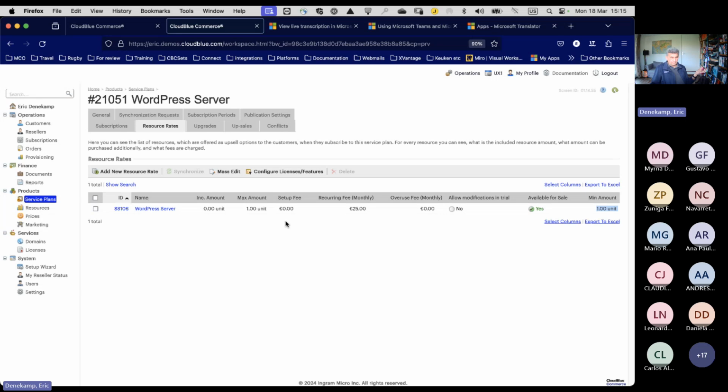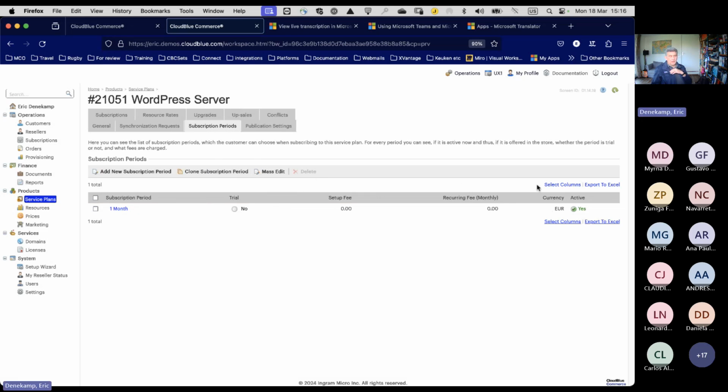In this case, it's logical because it's a server, it's not a service. So for one server, I can host multiple websites. So it should be enough to have one server where I can host multiple websites on it. But I'm paying 25 euros a month for that. This is, at this moment, the way we do best practices. We set a 0 price